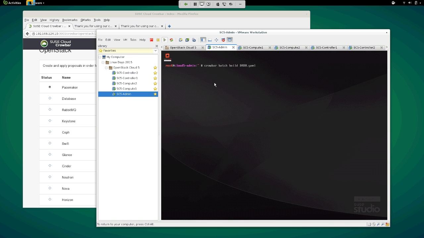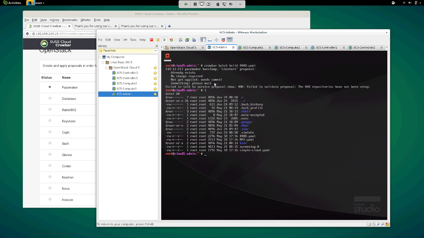I have that spelled wrong. And as I execute that, HA repositories have not been set up. Something I didn't check on this particular environment. We might actually have to do the simple cloud today. That's totally fine. This one won't do the full HA, but it will actually have a full cloud deployed. Yeah, we can talk through the HA thing.